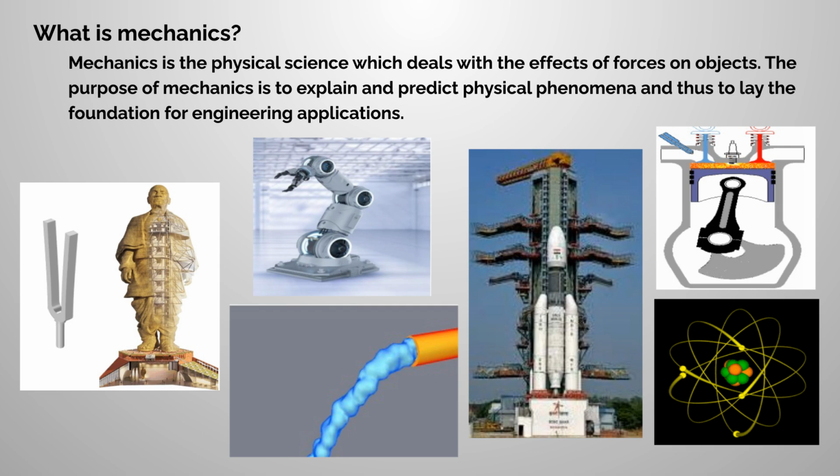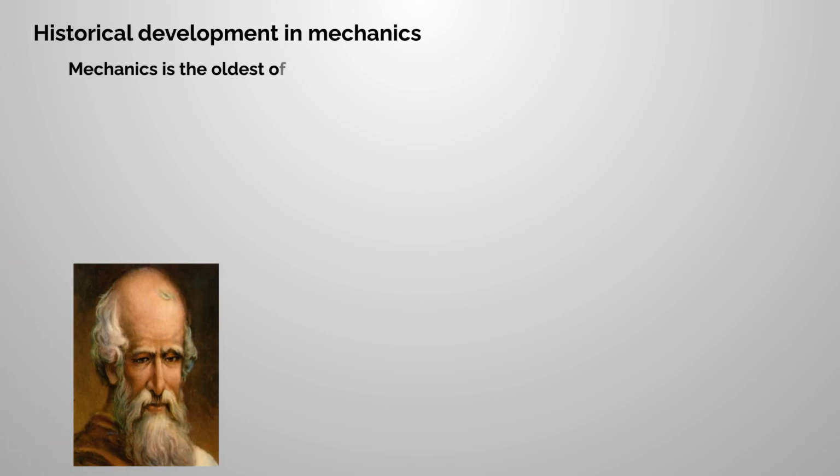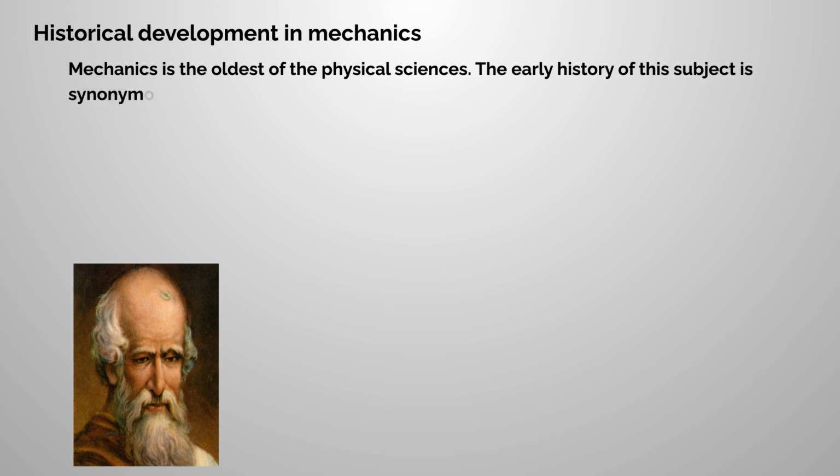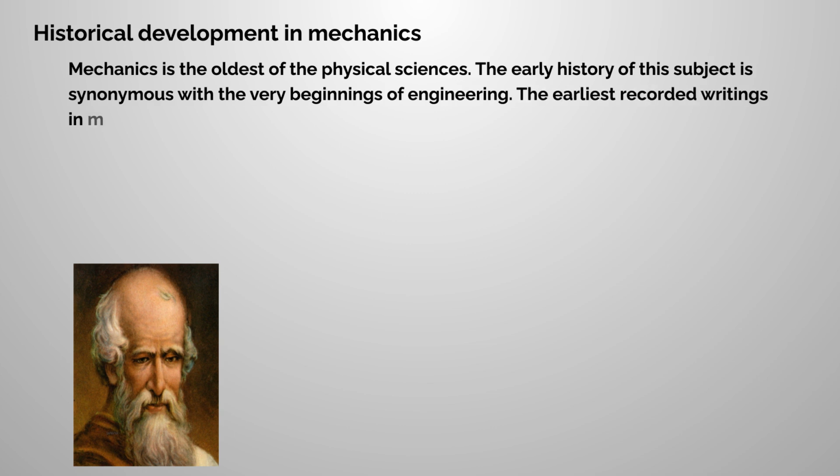and machines, robotics, rocket and spacecraft design, automatic control, engine performance, fluid flow, electrical machines, molecular, atomic, and subatomic behavior. Historical development in mechanics. Mechanics is the oldest of the physical sciences. The early history of this subject is synonymous with the very beginnings of engineering. The earliest recorded writings in mechanics are those of Archimedes,